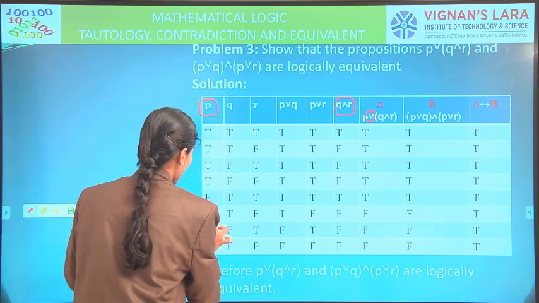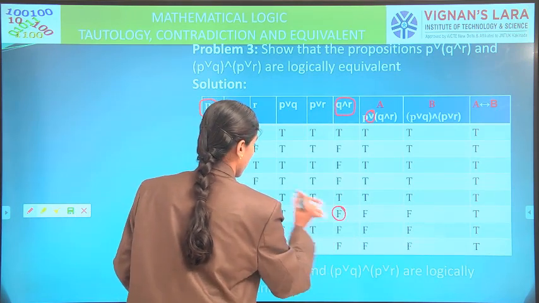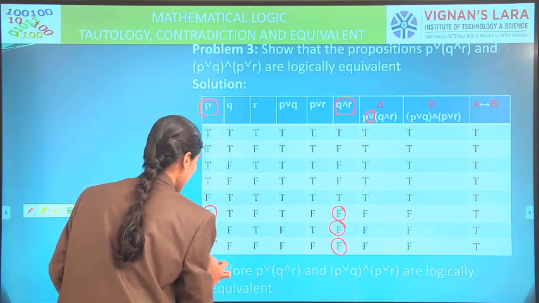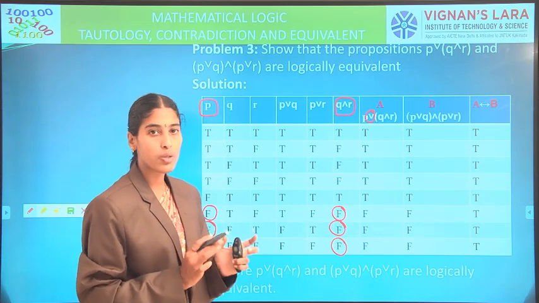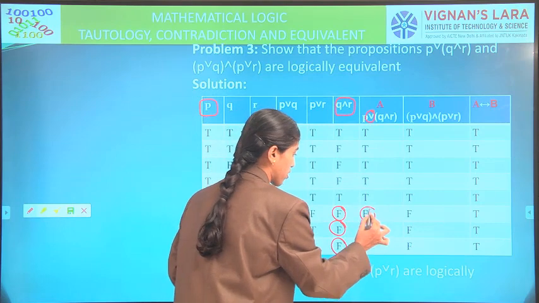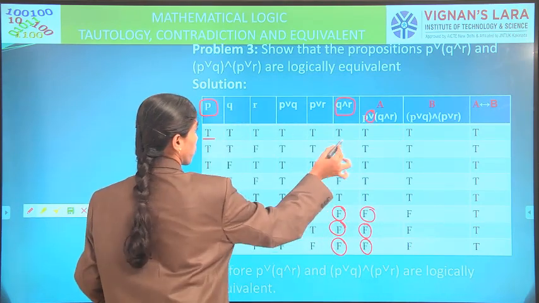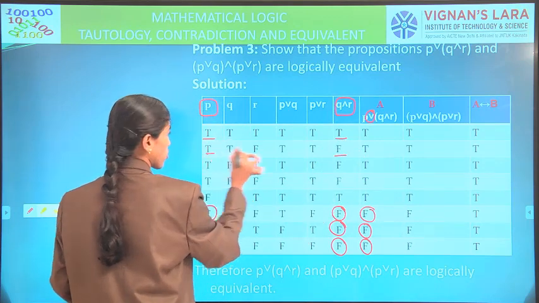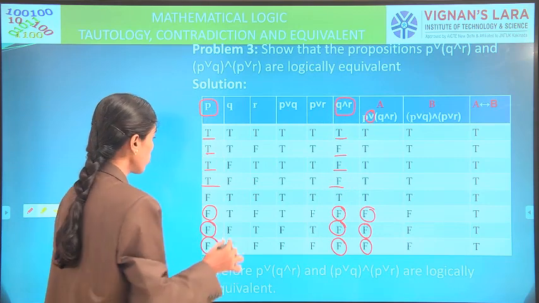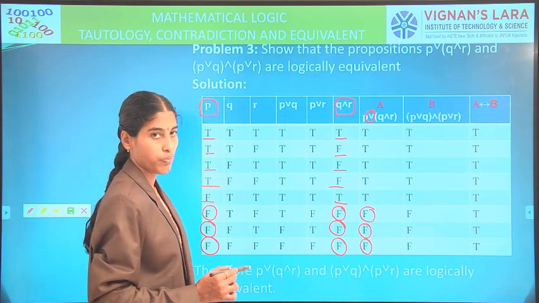Right. Here it is false, here it is false, then false, false. In these three cases both values are false, therefore resultant truth value is false. If we observe the other cases, true, true, here one is true, so result is true, one is true, result is true, first one is false whereas the second one is true, so the result is true, right?